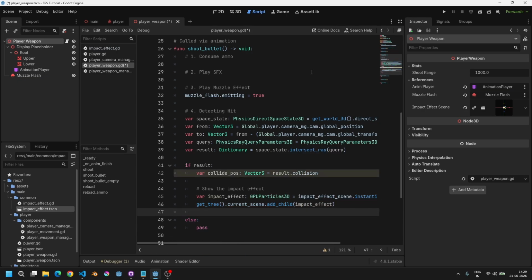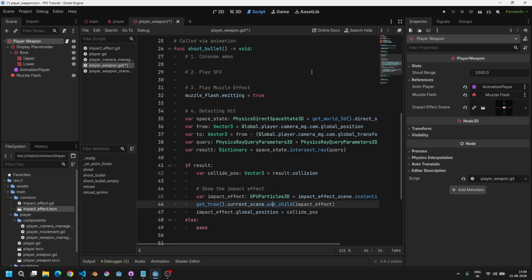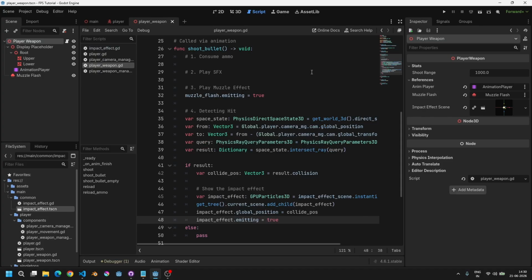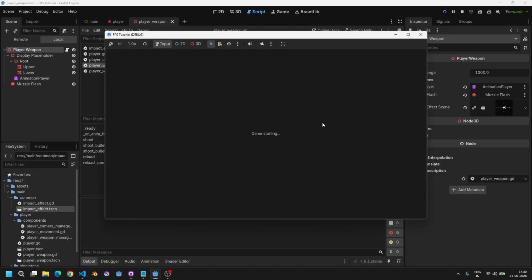So when we do this, our impact effect is going to be at the global origin, so we need to set its position. So its global position is going to be the collide pose, that is the hit position. Okay, and finally we set its emitting to true, and that is it. So now let's run the game,